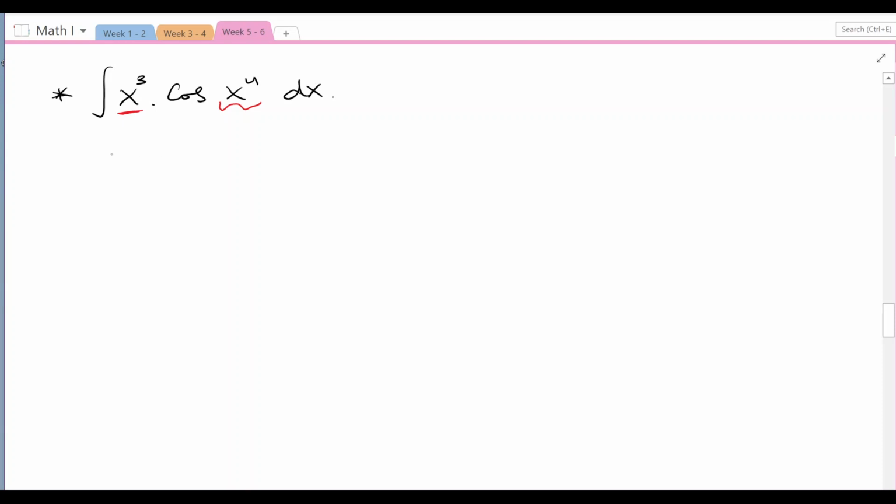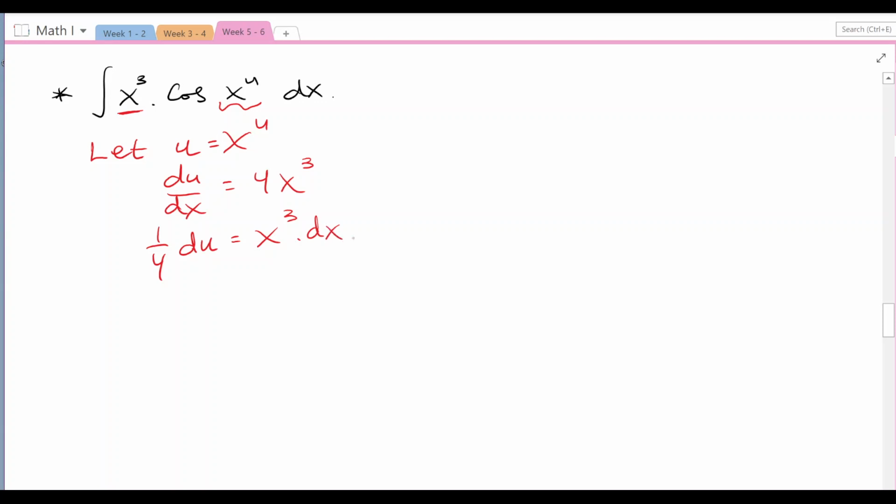So I think it is better to let u be x to the power of 4, and the derivative of u with respect to x is simply 4x to the power of 3, which is now very close to the problem that we have. So we can move things around by saying 1 over 4 du equals x cubed